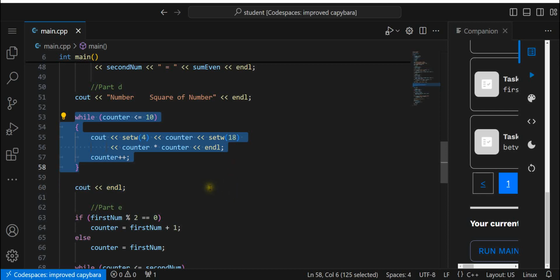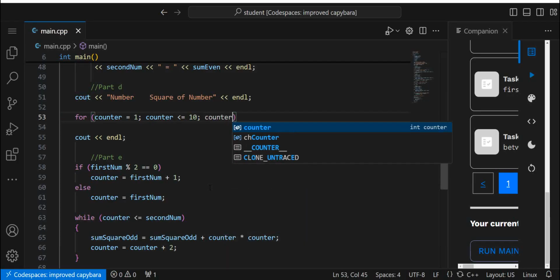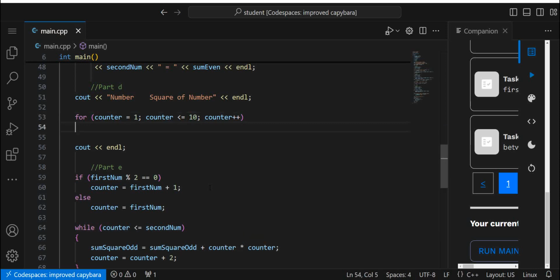So we'll do the same thing with the for loop. So once those are highlighted from that while to that bracket, we'll type in for, and we'll go counter equals 1. And counter greater than or equal to 10, and counter plus plus. So we'll increment that, and since it's a for loop, let's go down to our next line and cout